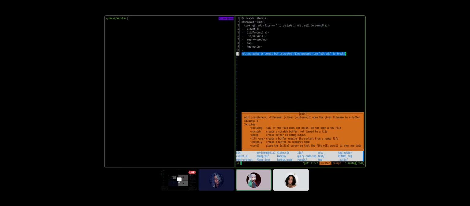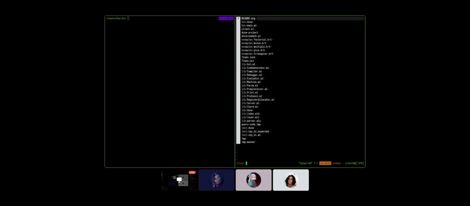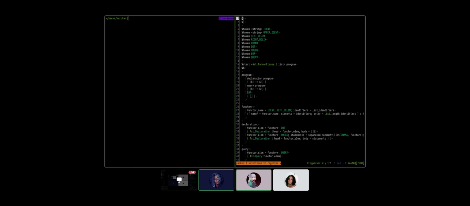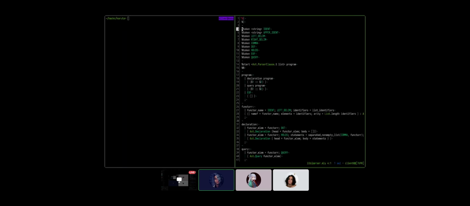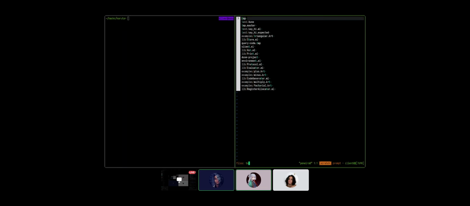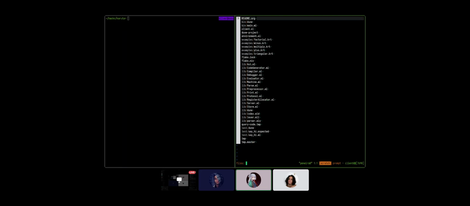Let's see. We need to do parsing. So you need to open the MLY actually, the one that we defined the grammar. Well, no, this is what's going to generate the parser. So we need to go to the token thingy, the lexer.